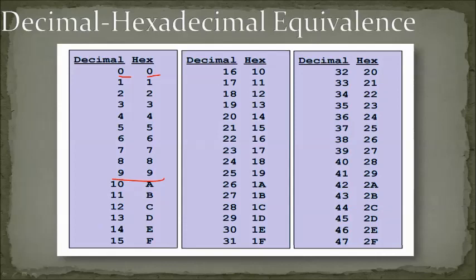If we go more than that, 16 is written as 10 in hexadecimal. Likewise it goes on till 9 again, then after 9 the A will be there, so 1A, 1B, 1C, like that we have to use. This is the formation and rule of converting decimal to hexadecimal equivalence. Let's move on to the example.